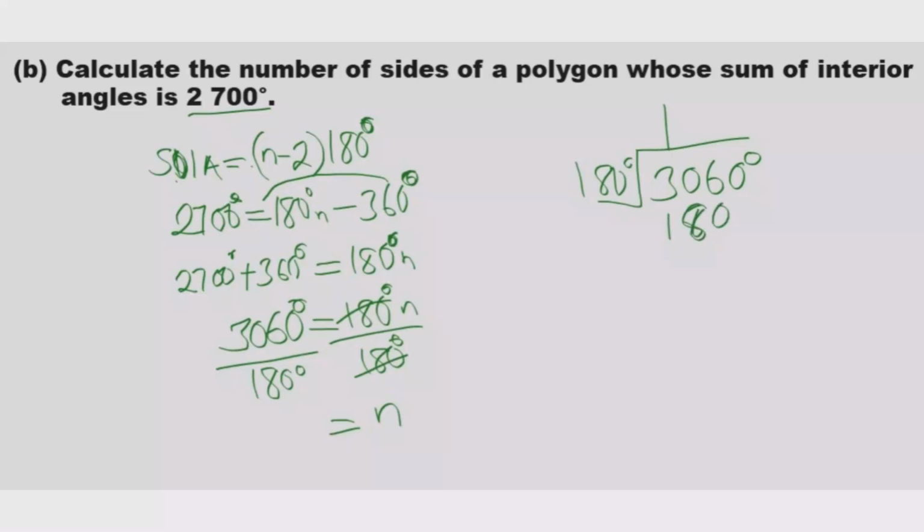Then that will be minus, then we say 6 minus 0 will give us 6. 0 minus 8, it can't, so we borrow 1 from 3, we remain with 2 here, so it becomes 10. 10 minus 8 will give us 2. Then 2 minus 1 will give us 1. Can 180 go into 126? No. So we drop this 0 down and it comes here. Can 180 go into